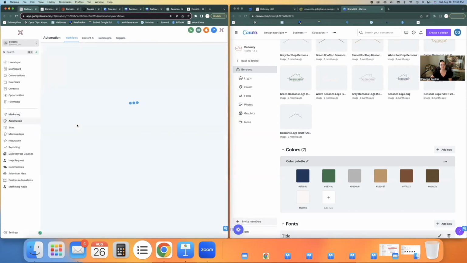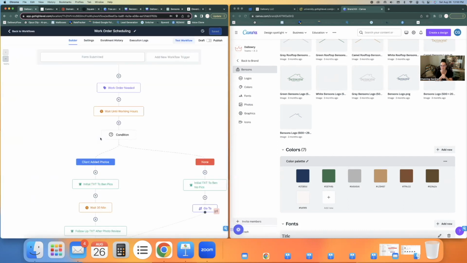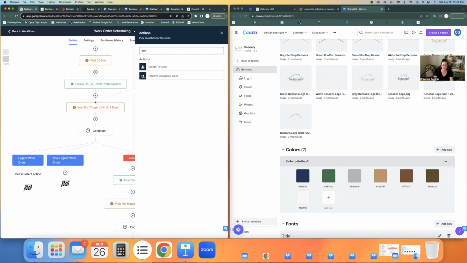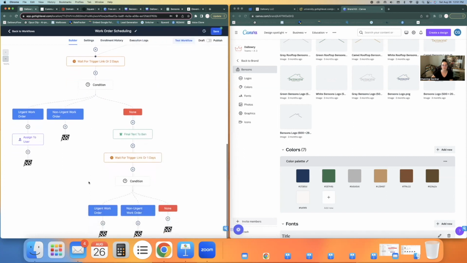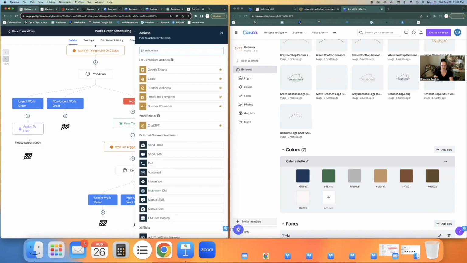Let's go to our automation, right? So one, we want the urgent request being scheduled to a scheduler, right? So for now, we're going to assign a user, and that user is going to be the admin of this. Okay, we're going to save. That way, when that email sends, it says assigned user, username, it's going to insert whoever you put here. Okay, so on urgent work orders, we want it to assign a person first, and then we're going to send